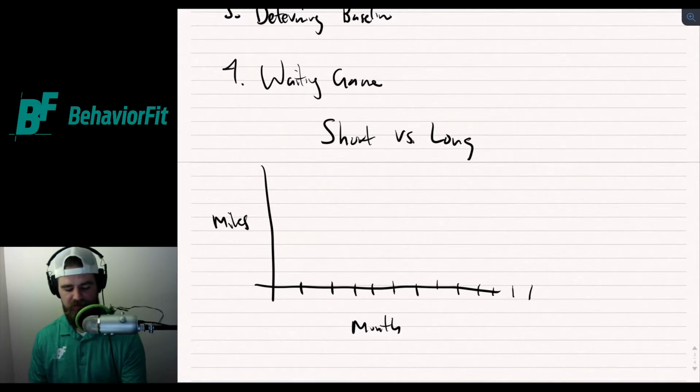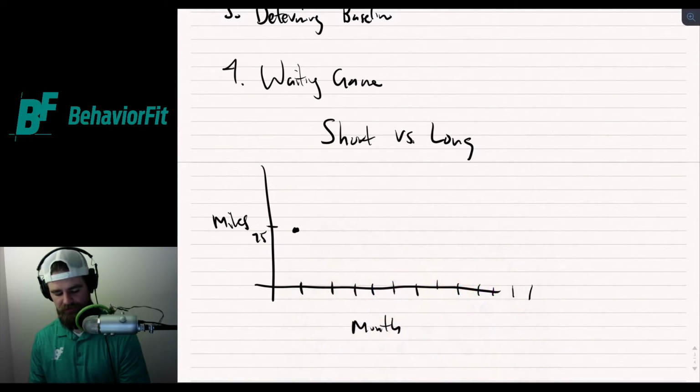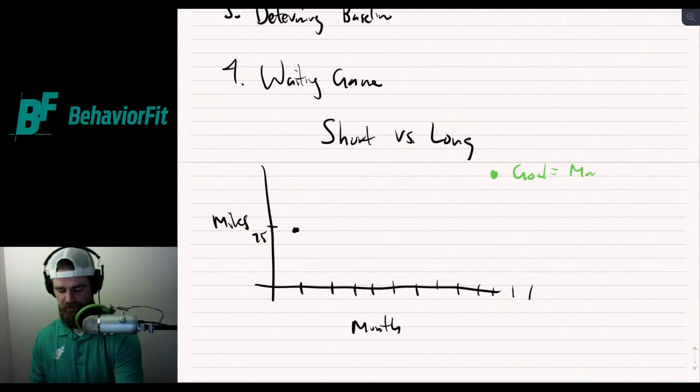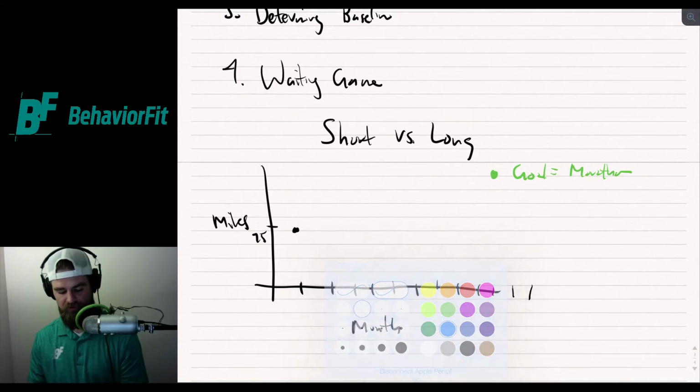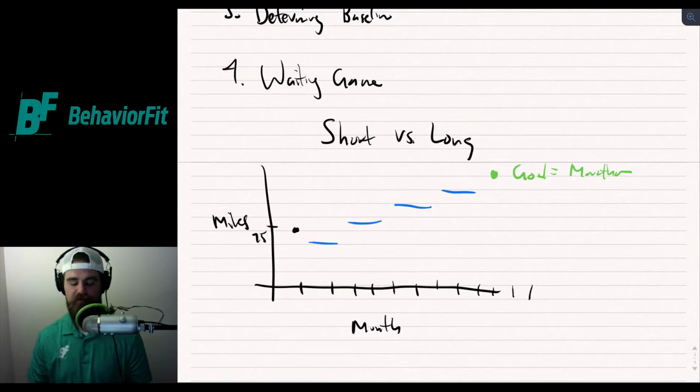Let's say those weeks there, on average, we're at 25, right? And let's say we have a goal race at the end of the year. Our goal is to run, let's just say, a marathon. And we know that goal race is going to be a 26-mile run. So we think about in the short term, what benchmarks do we need to hit if we're approaching those targets, right? And there are many running programs out there.